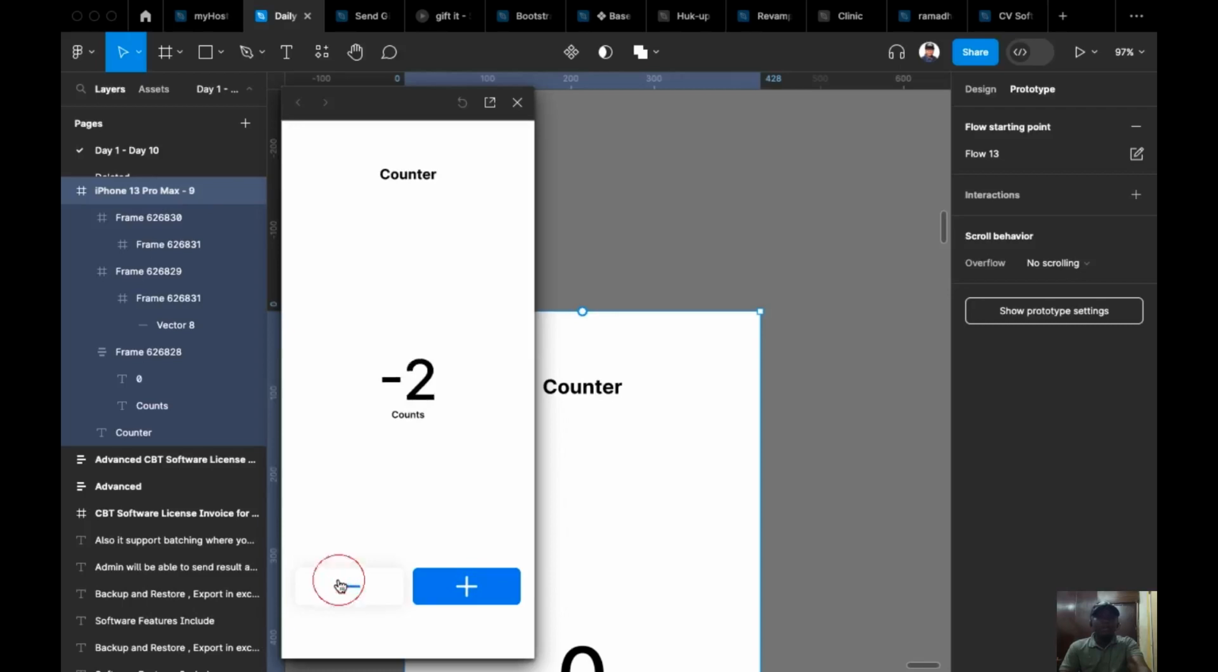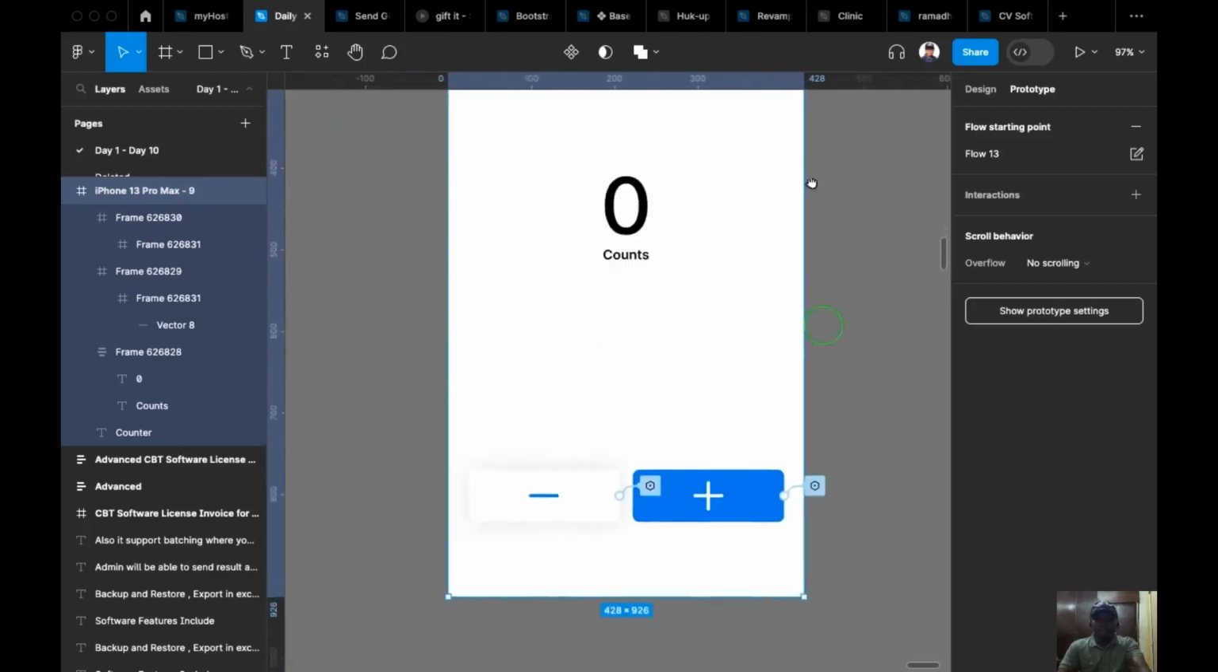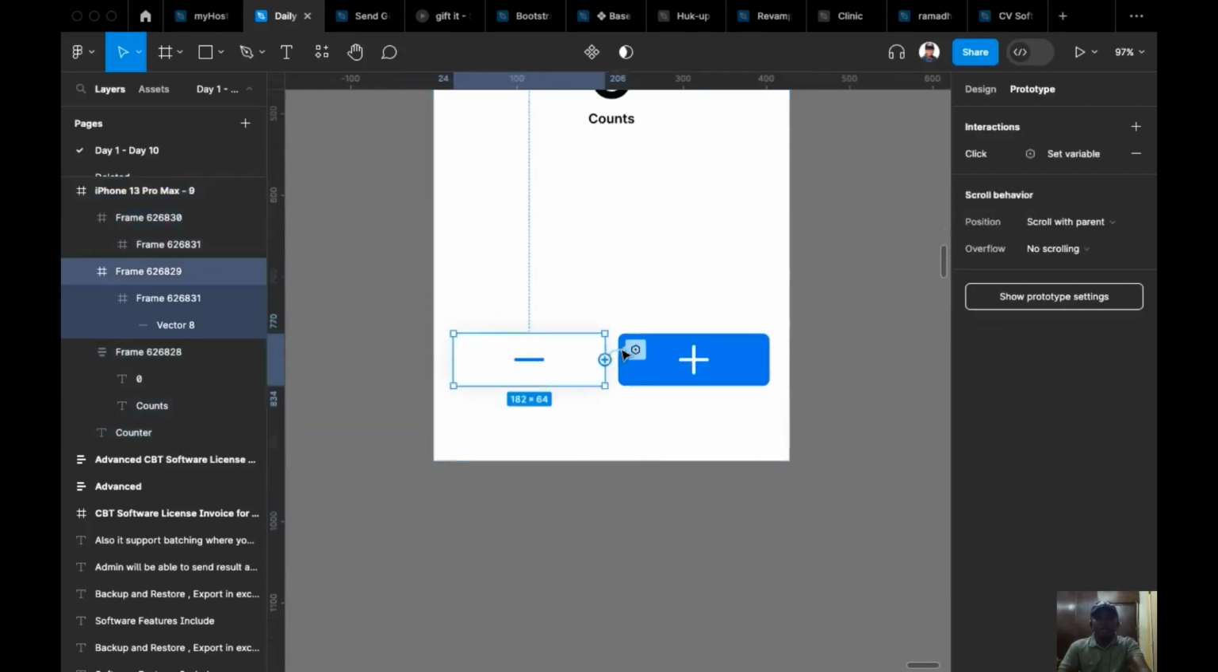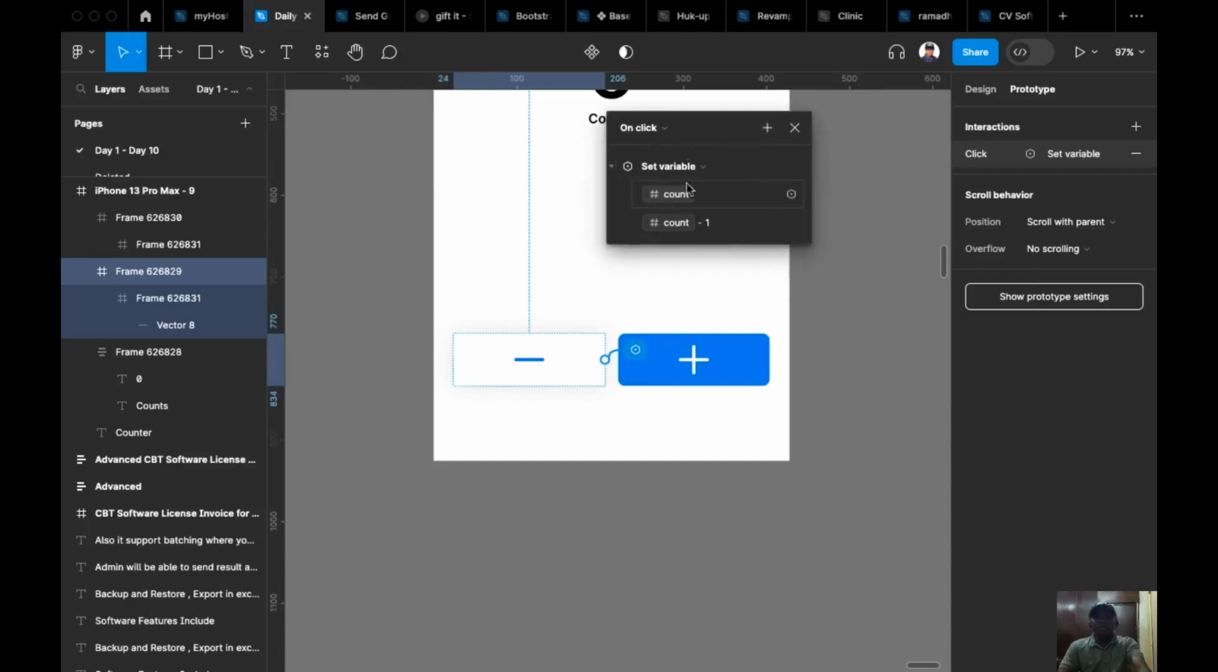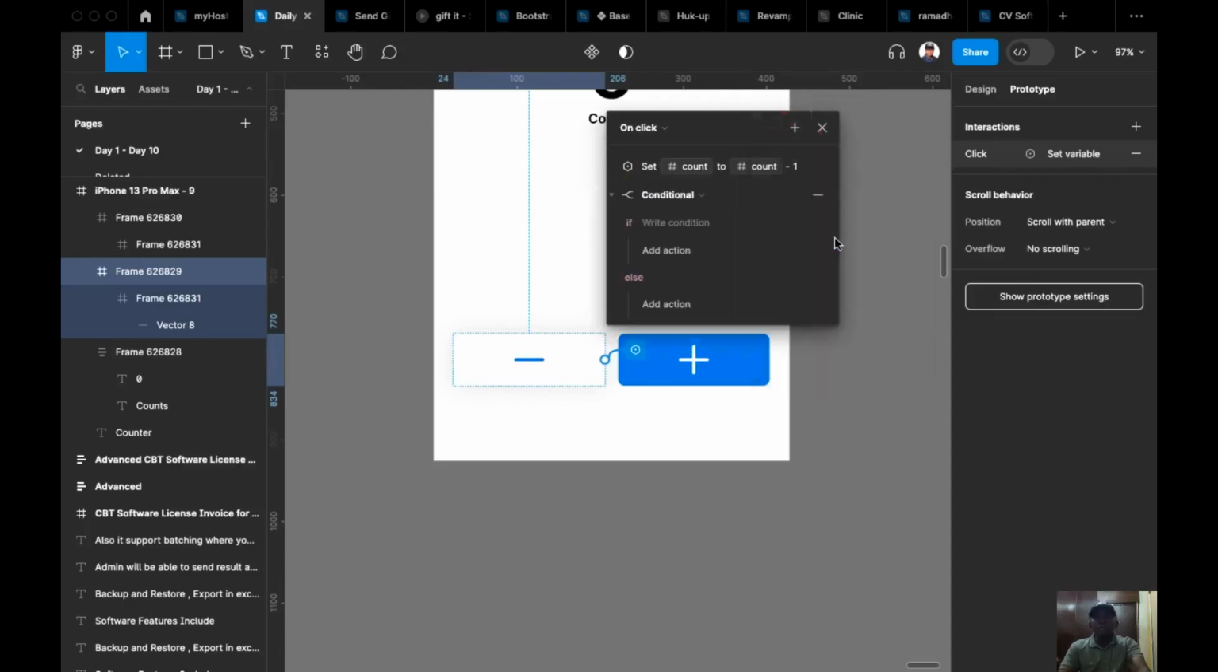But one of the problems we'll be having is that we'll be having a negative value, and we don't want our counter to have a negative value. So there is another thing we're going to add. That is when a conditional statement comes in. So I'm going to close this thing and go back to the minus and see what we have there. So on click, set counter to counter minus 1. So what I want to do now is to add a condition. The condition that I want to add is going to be,